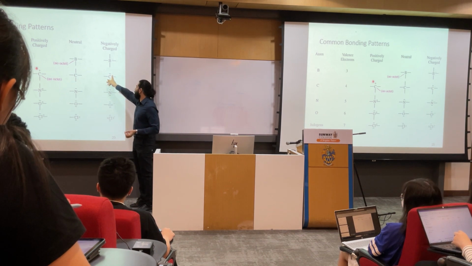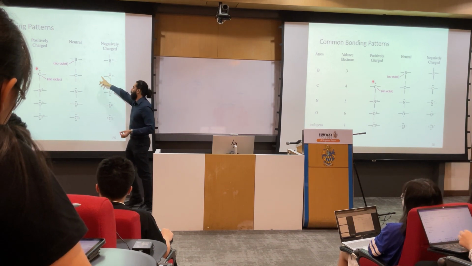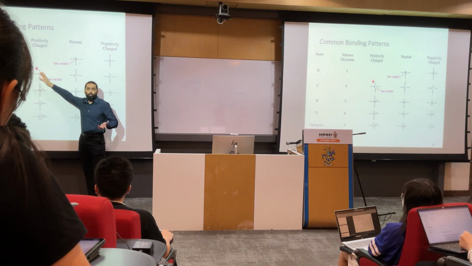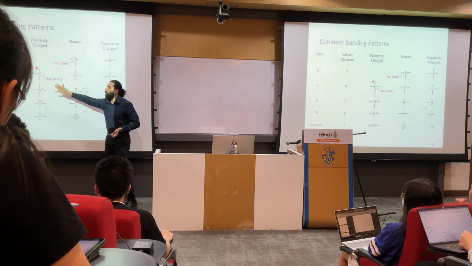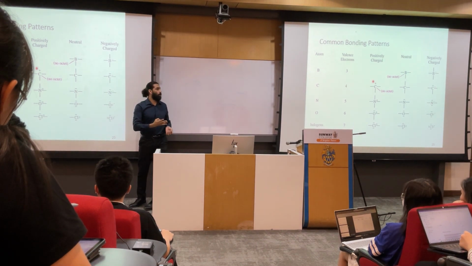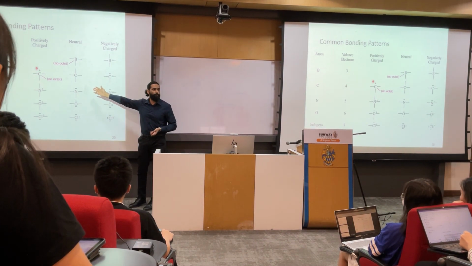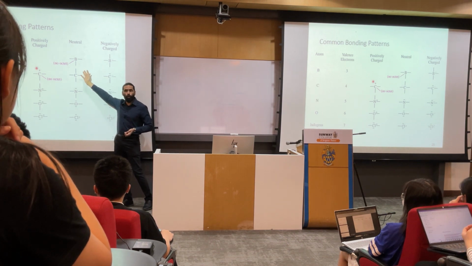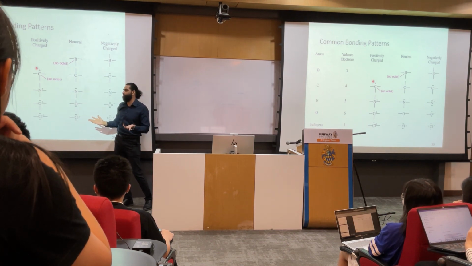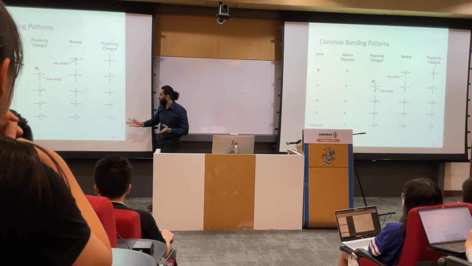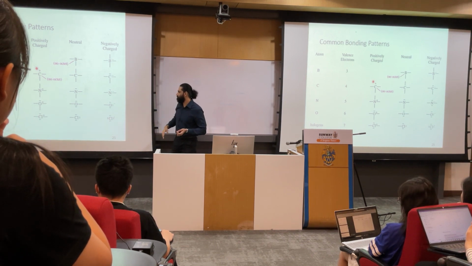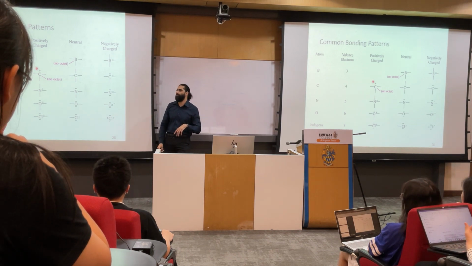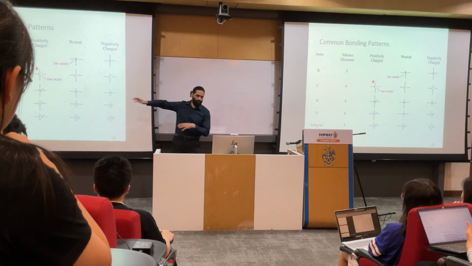And why is it negative? Because it has a lone pair here. Why is this positive? Because there's no lone pair here. Despite that, both of them only have 3 bonds as opposed to 4 bonds. Right? While when it's in the 4 bonded form, there's no charge here. Correct? And the other examples are there. You can probably review them in your own time. Carbon is the most important one. Yeah?